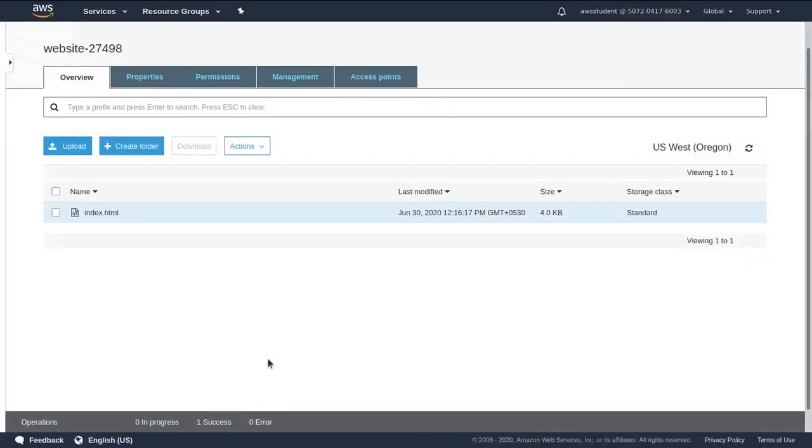Enabling access to the objects. Objects stored in Amazon S3 are private by default. This ensures that your organization's data remains secure. In this task, you make the uploaded objects publicly accessible. First, confirm that they are currently private.